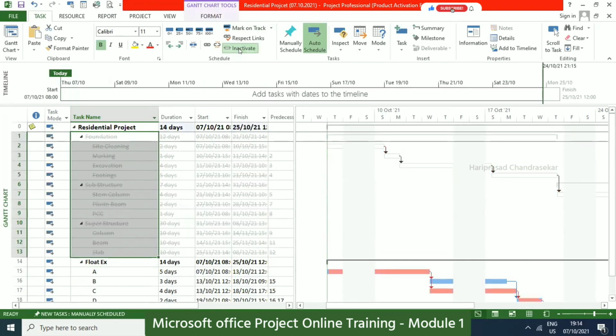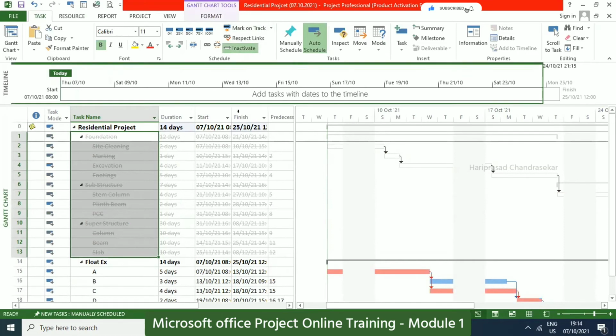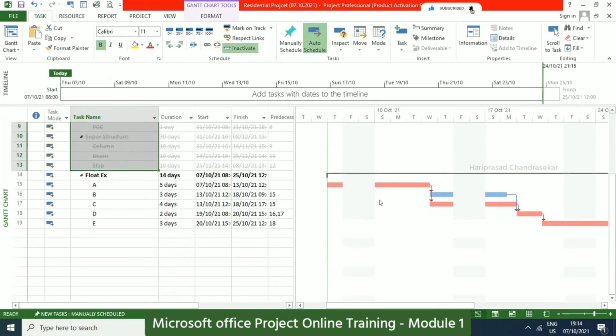This is also an added advantage. Inactive means you no longer need that activity, or if it is finished, sir. No, it is finished in the sense like, see, in our case, I want to see the critical path only for this summary, right? Yeah, in that case you can make everything inactive, and then make this one active. So that's why now we can see the critical path.